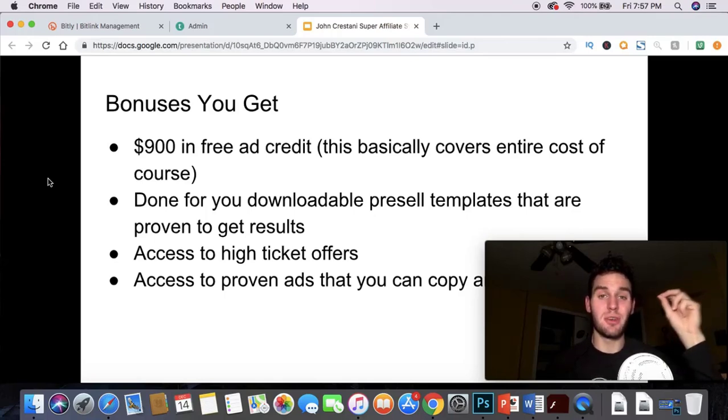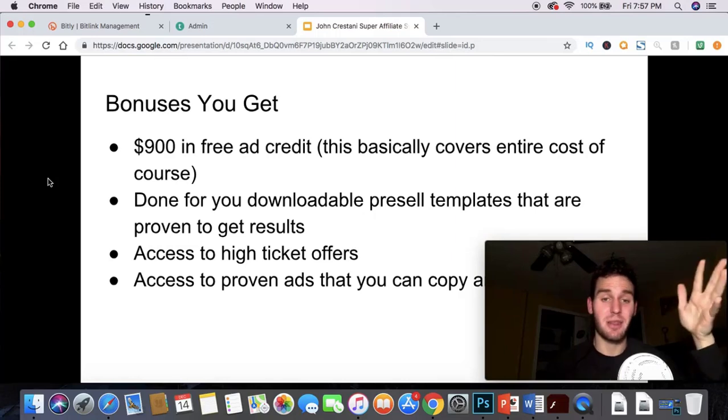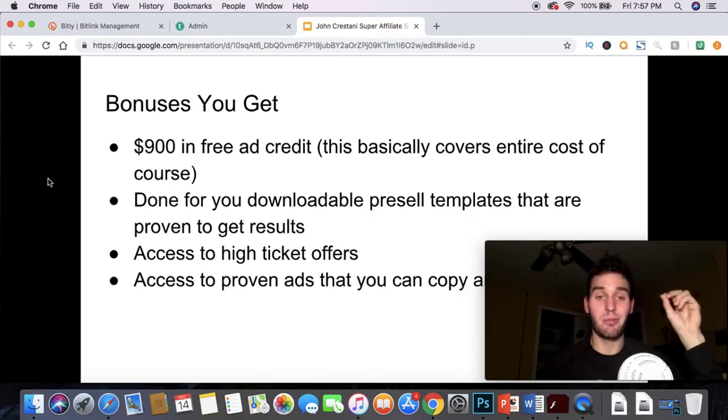He also gives you done-for-you downloadable pre-sell templates. So I know a lot of you guys are probably thinking, oh, I don't know anything about pre-selling or anything like that. He gives you the exact templates to use, and then you just kind of plug and play based on the product you're selling. And those are his templates that he actually uses in his business, so they are proven to get results,